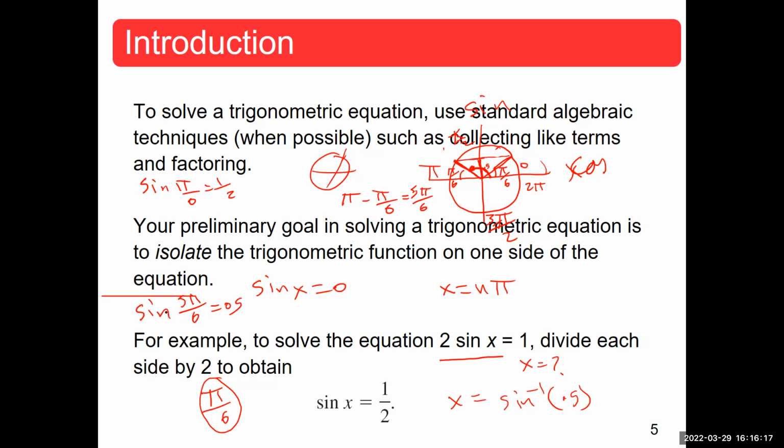But remember, this is right now our reference angle. I can add many revolutions to the answer. If I have 2 pi more, I will go back to the same location, right? If I say pi over 6 plus 2